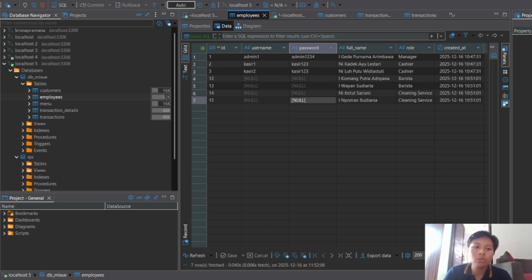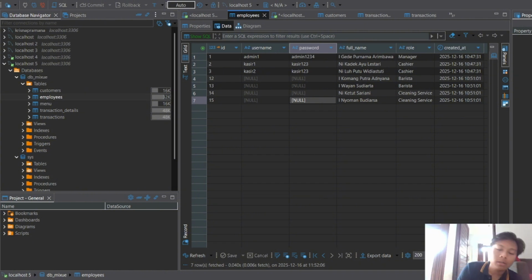Okay, if we want to add an employee, if I add my name, Putu Krishna, the username is too long, like Krishna Ramana.